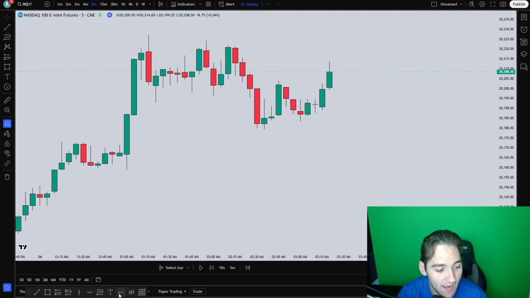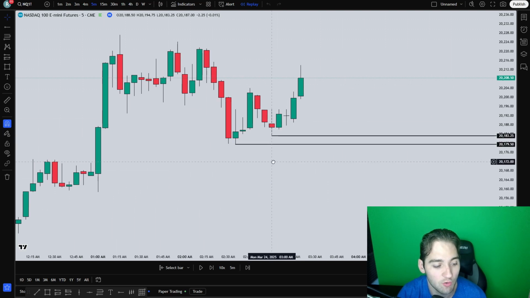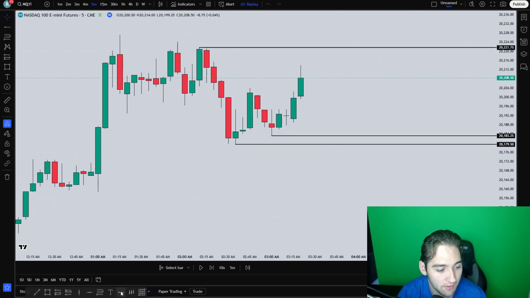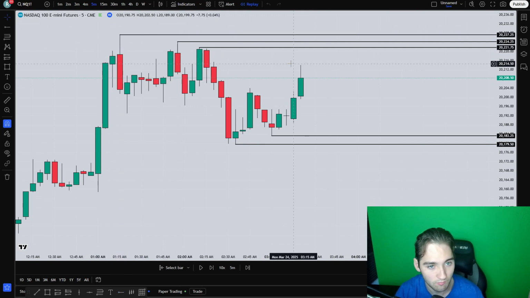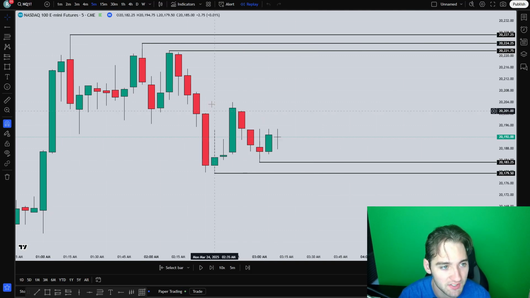Well, look at this low here and this low here. I want to identify the lows, okay? These are the lower side of our liquidity. Price is either going to come down and hit these first, or this high and this high. Price will either come up to these highs first or come down to these lows. All right, so basically, what I'm mainly more attracted to is for price to actually come up